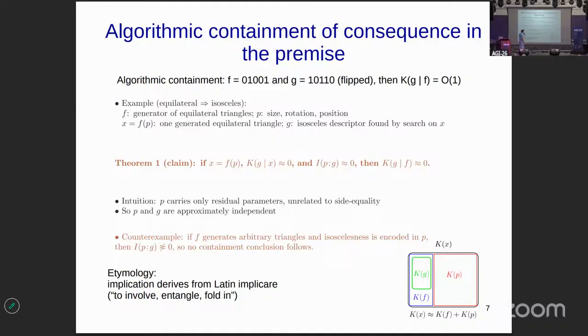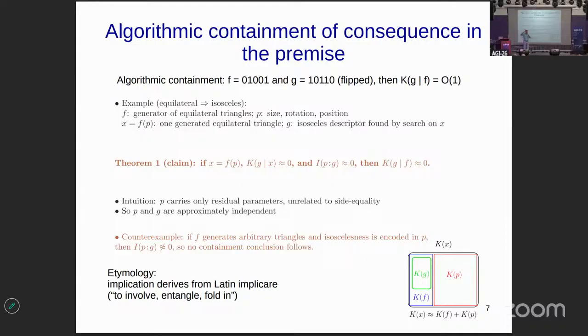And in terms of the theorem, if you have a feature F, which is a property that compresses your data X, this is a Turing machine that takes some parameters P, and if you have another feature G that is contained in X, that is true for all, as I show in my theory of incremental compression, all features are contained in the instance.